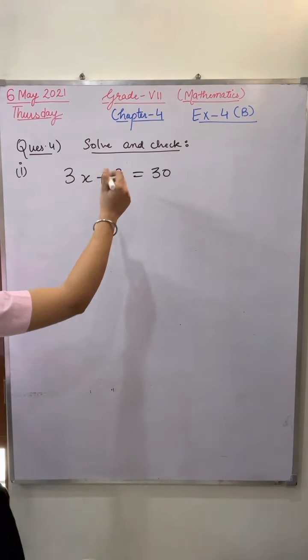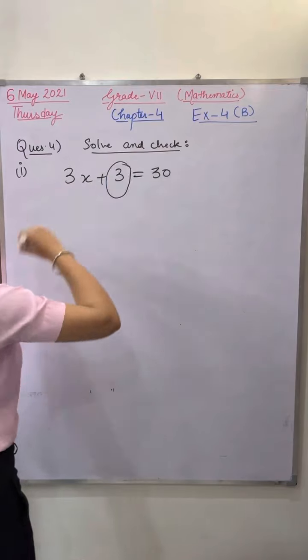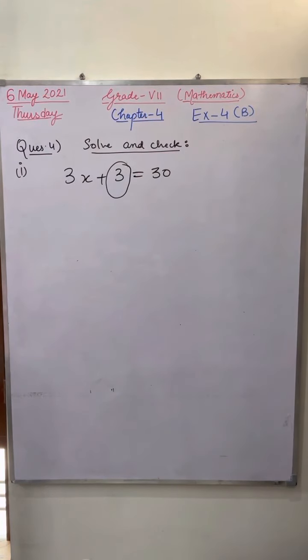We have to apply, first of all, go with the constant. Which is the constant value in the question? That is 3. So, you have to shift this constant value to the right hand side. Okay, so we have to apply